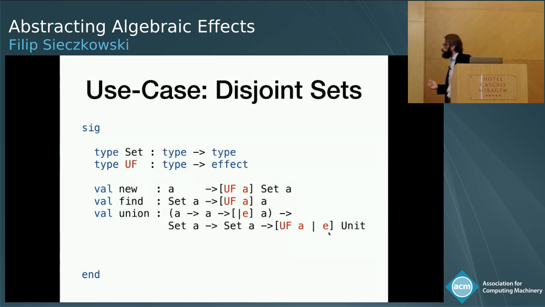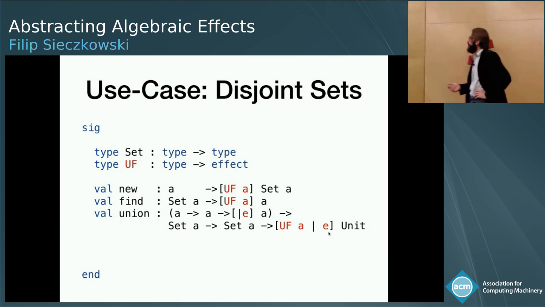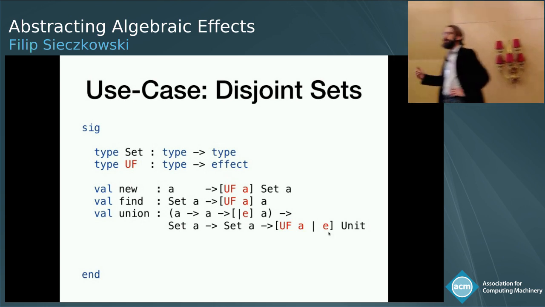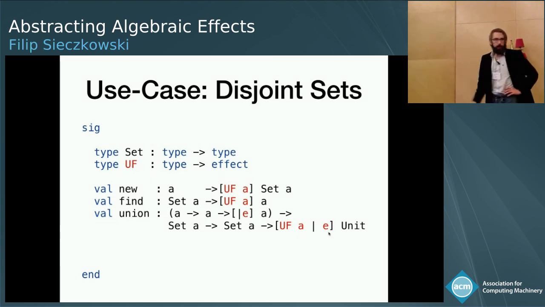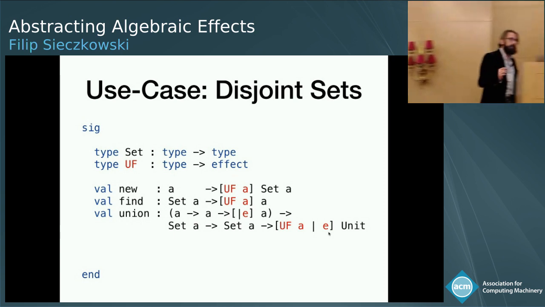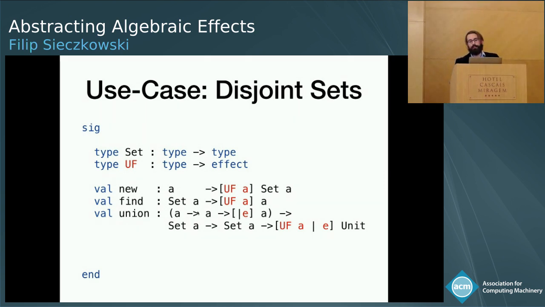Now, this is a bit weird in the sense that union does not look anymore as a sort of operation of an algebraic effect, because an operation of an algebraic effect simply raises this one particular effect, like new and find do, and like ask or error did in the previous case, right? So here, it's a bit different, and the difference comes from the fact that we expect the call site of the argument of the union to be where the union is called, right?